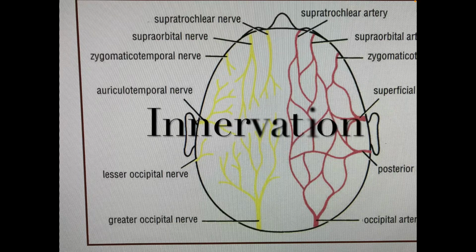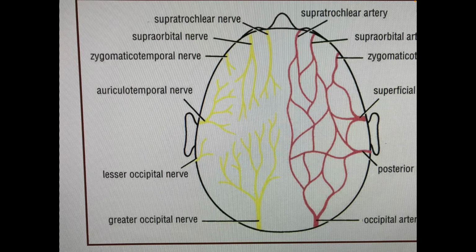The scalp is going to be innervated by a couple of nerves, as you can observe right here. So these are going to be anterior to the ears, and it is supplied by branches of the trigeminal nerve, or they can be posterior to the ears, and it's going to be supplied by branches of the upper cervical spinal nerves. So some of the nerves include the supratrochlear nerve from V1,